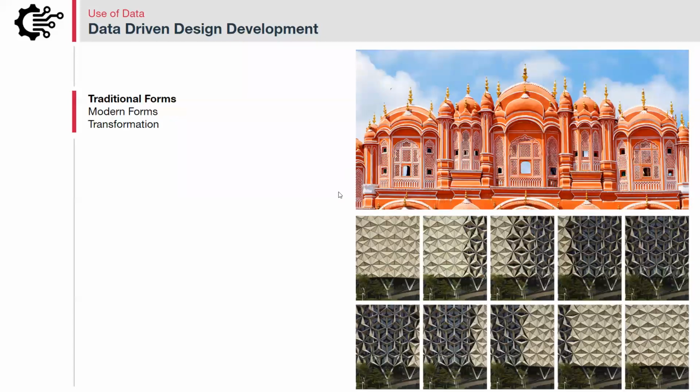I'll give you another example. This is not from a college. This is from real life. The ability to use the angle of the sun, shade, or ventilation, the concept was the same when the Hawa Mahal was created, and the concept is the same now. But now the digital data, digitally connected construction, allows us to use those data points to achieve a much more